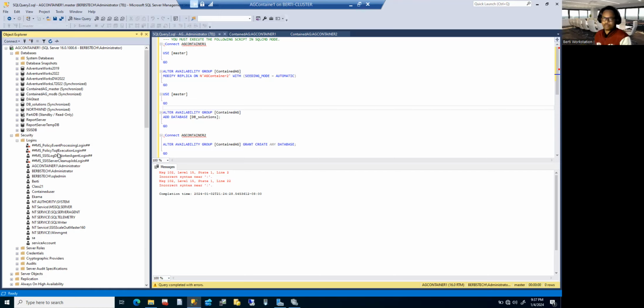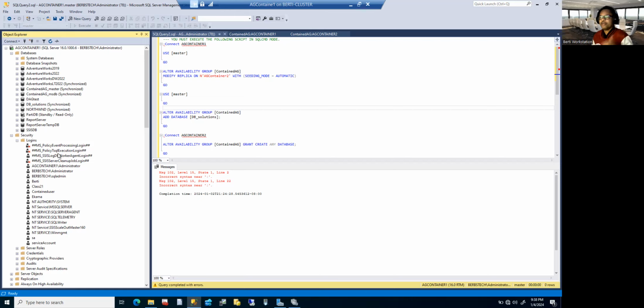You can use it on master. It doesn't matter, it's fine. The idea of asking you to reuse the system master, the contained system master, is just so you don't have too many master and MSDB databases littered all over the place. So you already have it, reuse it. But if you want to go a step further, and if it is not cost intensive, I don't know anything about the costing in terms of that, just go ahead, create a different AG, and don't reuse the system database. Let it have its own